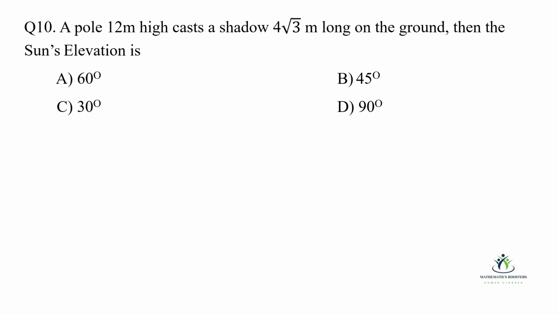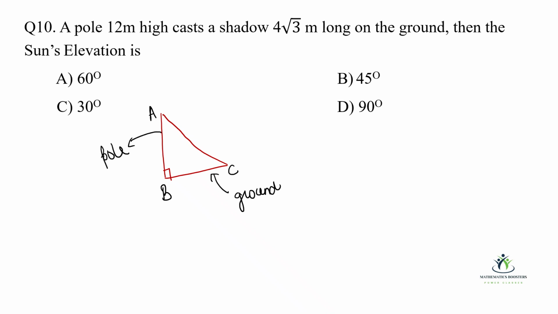A pole 12 meter high casts a shadow 4√3 meter long on the ground. Trigonometry based question के लिए सबसे पहले हम डायग्राम बनाएंगे. A right angle triangle. Label it properly. A, B, C. BC is your ground. AB is pole. अब एप्लीकेशन ऑफ ट्रिग्नोमेट्री में हमारी ये एब्रिविएशन चलती है, सो का टो,